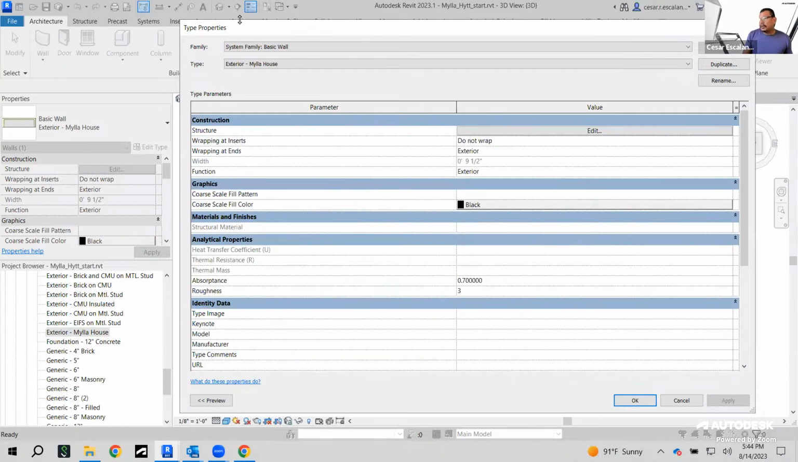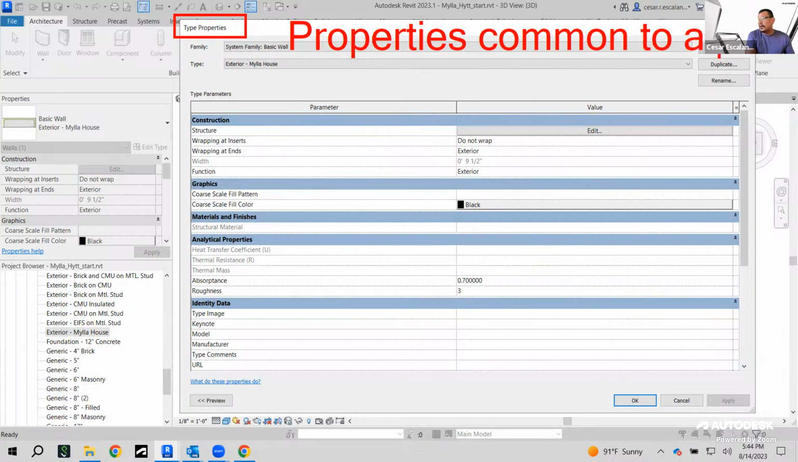These are the type properties. And remember, type properties are the properties that are common across all the elements in the project. So these are properties common to all of the type. And what that means is, if I change a property here, it's going to change it across the entire project. So be very careful when we edit type properties, because